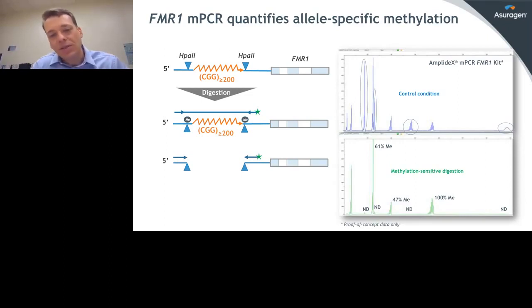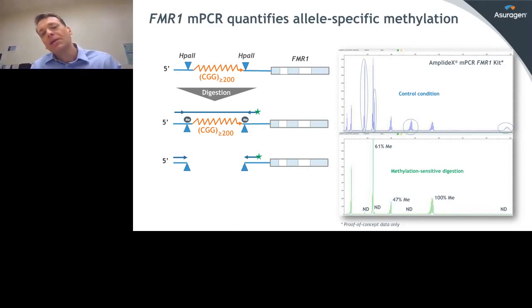And so what I'm showing here is actually the same profile for the composite of different FMR1 alleles that was shown a few slides ago, from 18 all the way out to greater than 200 full mutation, with the addition of a couple of controls that are incorporated within this reaction. But you start to see the benefit of being able to assess methylation when you split out the 2 color channels and then being able to do relative quantification of each of these peaks to assess the fraction that's methylated.